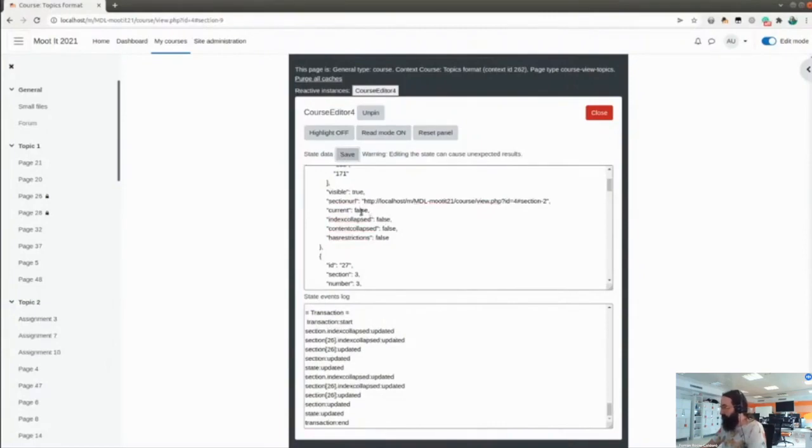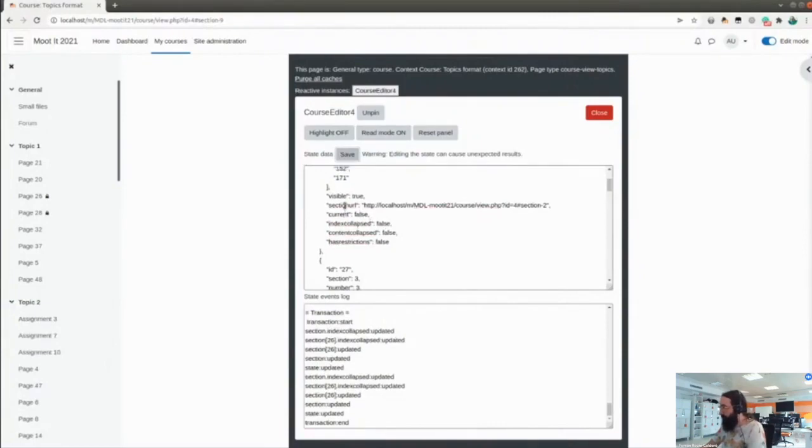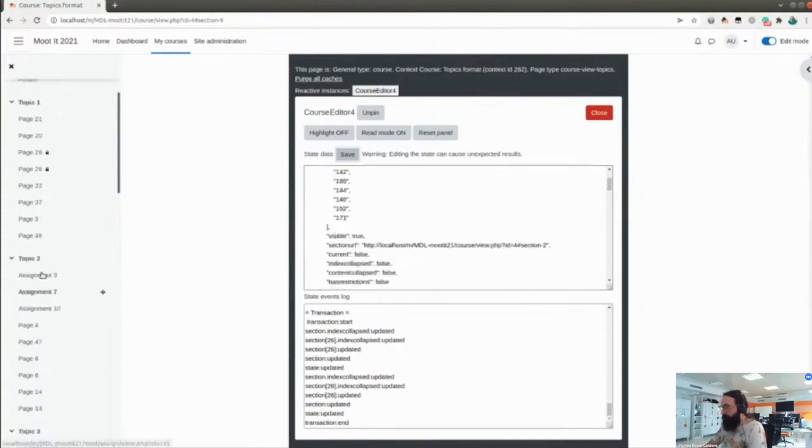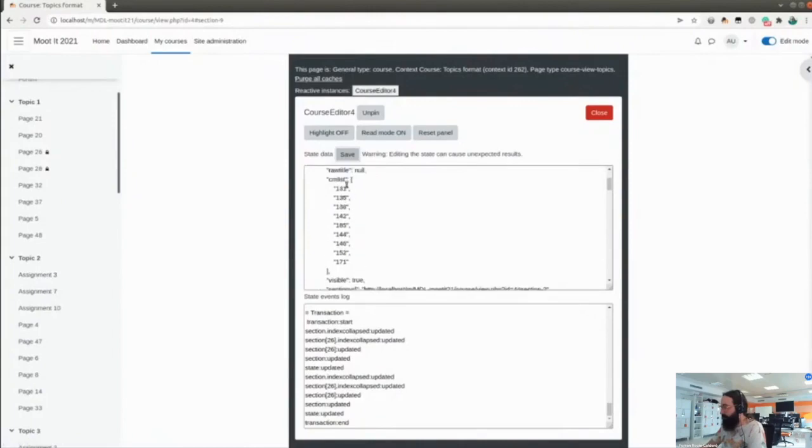And the same happens if I change, for example, the raw data. If this is topic 1, I can change the order of the first two, and when I save, it will change the order here. So everything that changes on that data structure will change the interface, and not only in the course